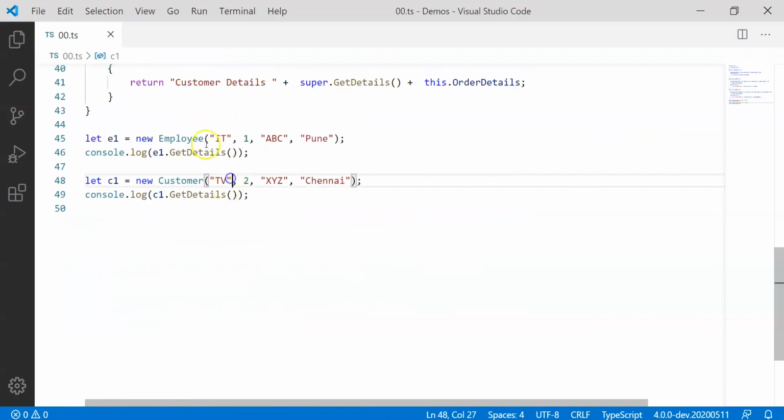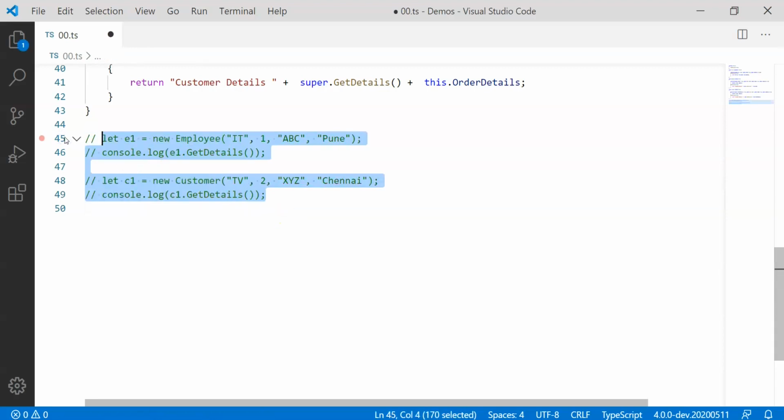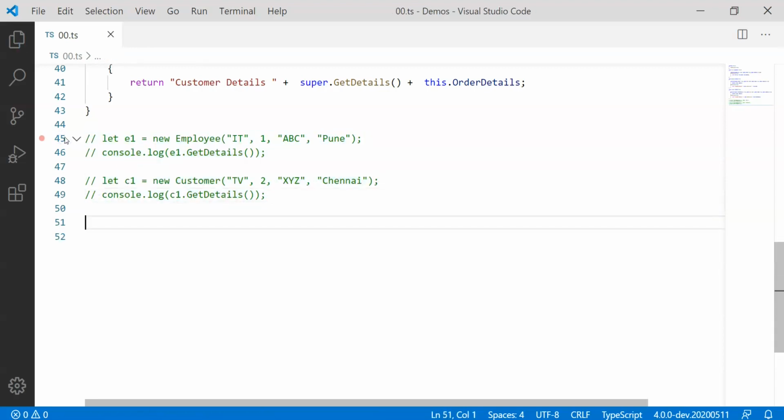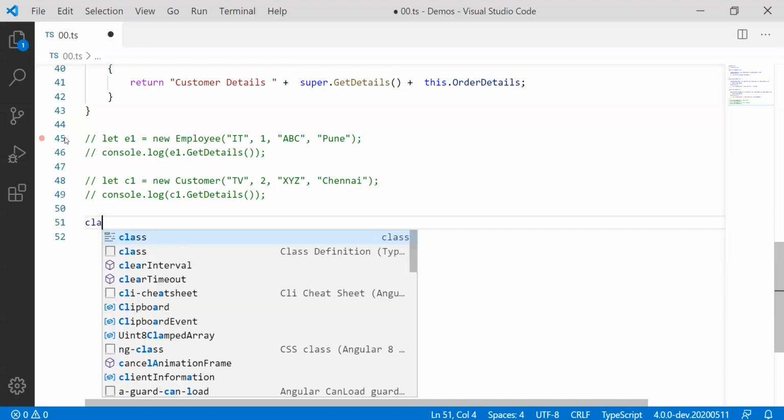Somewhere here, just like I used let E1 equal to new employee, let C1 equal to new customer, let's comment this and let's try to expect a variable or reference of the iPerson type, and hand over employee and customer. To give some meaning to the code, I'll create one more class here.